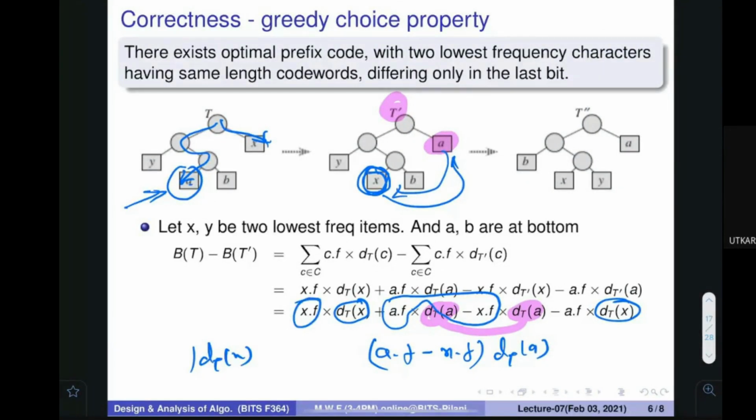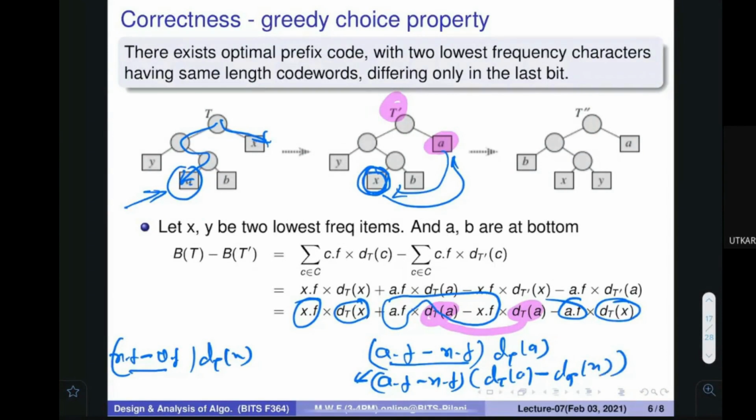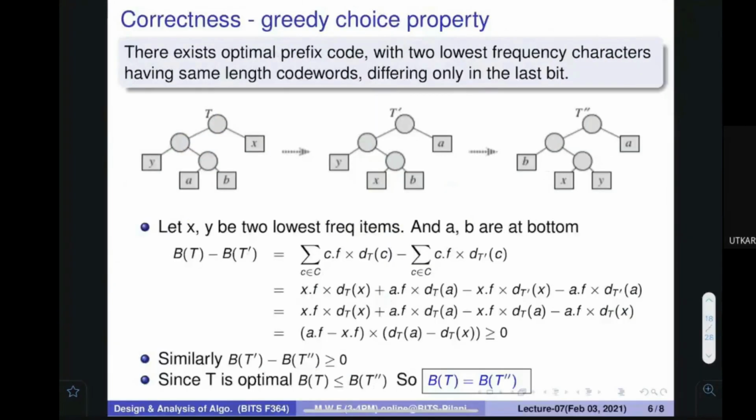X dot F minus A dot F. I can take this term common. I can say that A dot F minus X dot F into dt of A minus dt of X. Is this fine? Can I write this like this? Yes. Great.